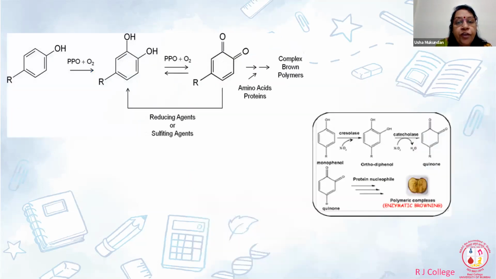You have polyphenols, as you can see. This is a typical structure of a polyphenol. There can be one or more hydroxyl groups, and depending on that, you have different types of polyphenols. And these polyphenols are oxidized. So you require oxygen. This is very, very important. You require oxygen for oxidizing these phenols, and they result in the formation of quinone.